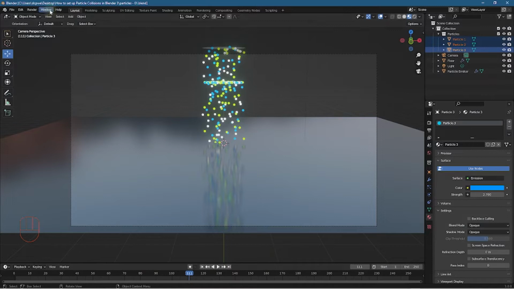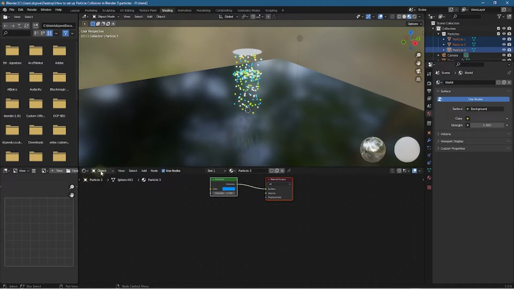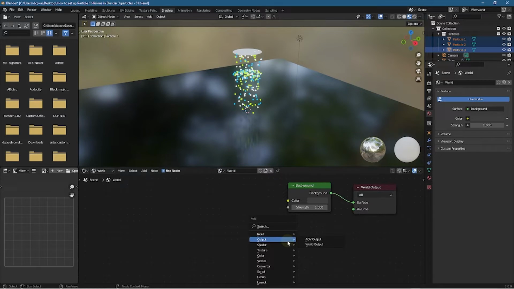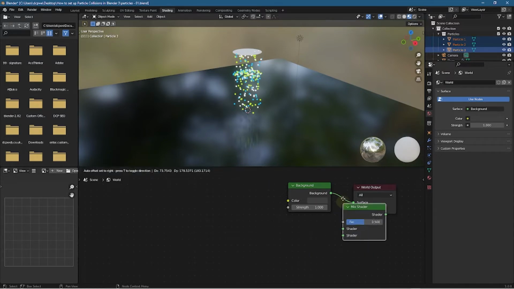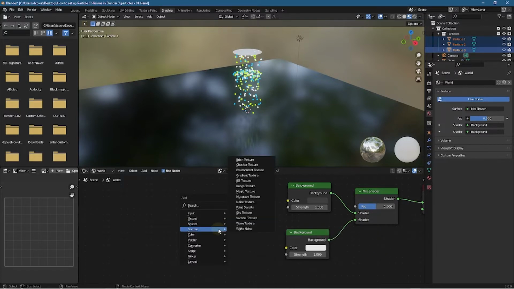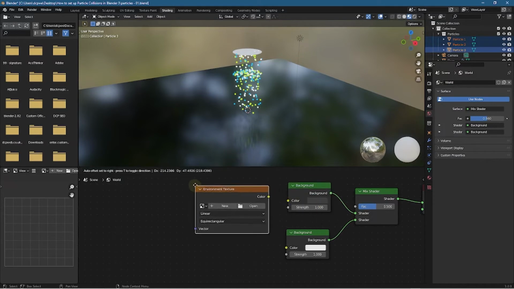So we want to go over to our shading. Let's click shading here, and let's go over to the world settings, and here we can see the background and our world output as well. So let's click the background, let's drag it across a little bit, let's press Shift A, and we want to add a mix shader here, and then we'll press Shift A and add another background. We're going to connect it to the shader here like this, and then we want to add an environment texture,